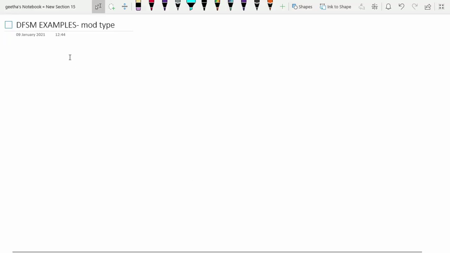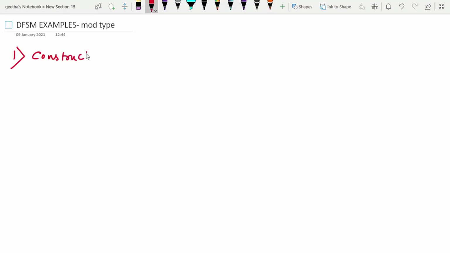Hello everyone, in this video we'll learn about mod type examples. So let's construct a DFSM initially for the set of strings over a, b such that length of w mod 2 is equal to 0. Let me write the question. So I'm going to explain here a mod type example. So I'm going to construct a DFA